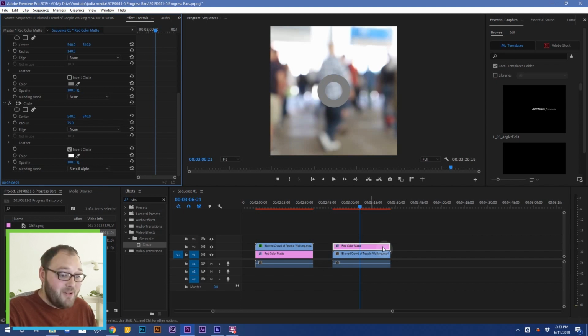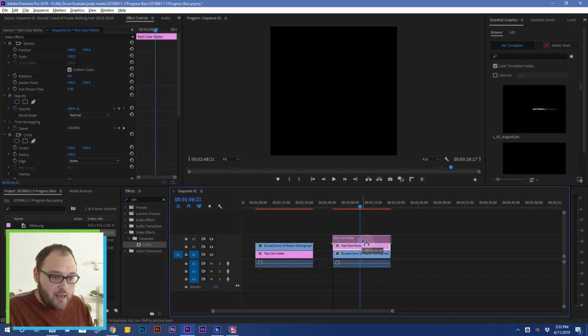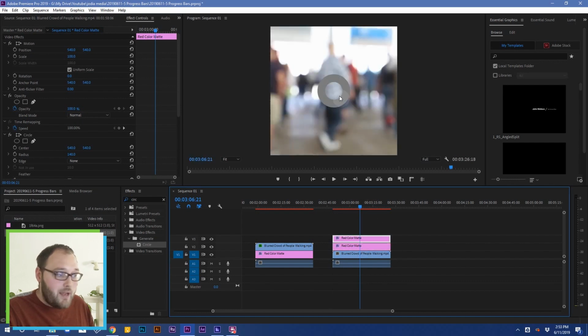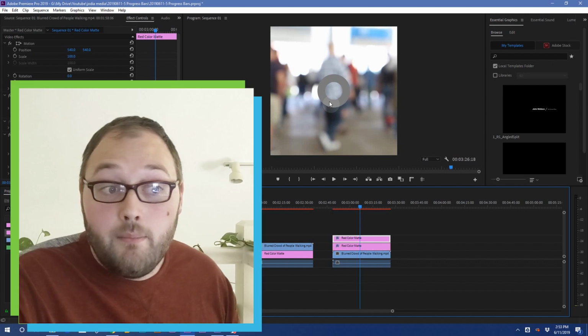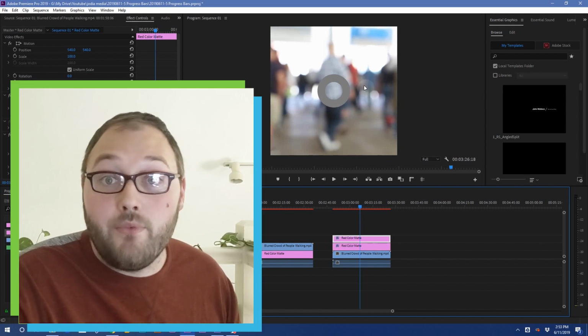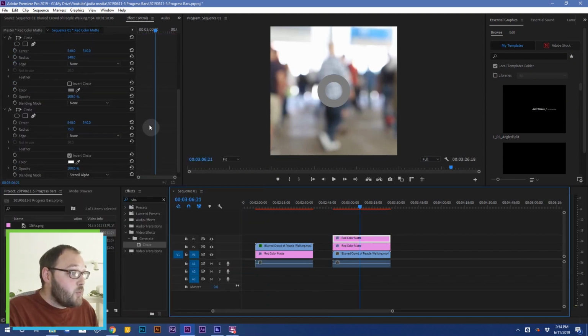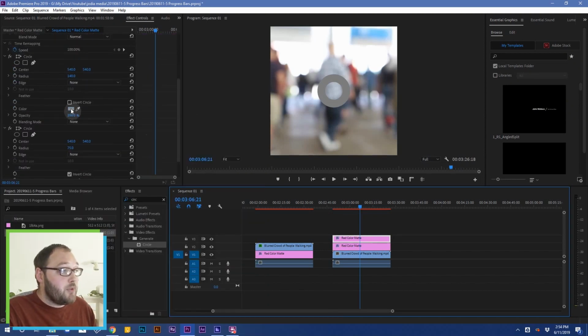Pretty cool. What we're going to do is take this red color mat that's now a gray circle, and duplicate it. I'm going to hold down Alt and grab it and drag it straight up. And now there's a duplicate right on top. You can't quite tell because it's exactly the same, right on top of each other. But what we're going to do is change the color from gray